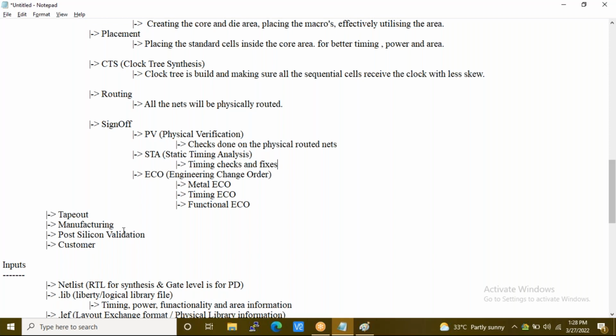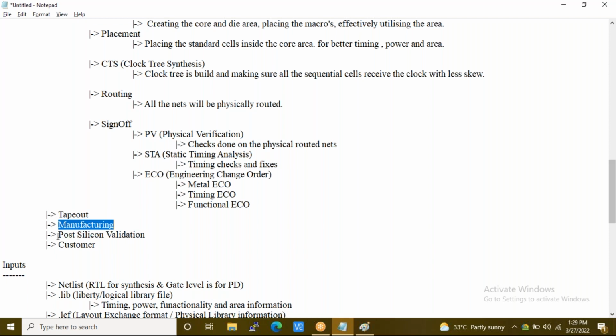Right. So next is tape out. That is, all my fixes have been done, it's been frozen, and you can proceed to manufacturing. So tape out is just a final check of everything before giving it to manufacturing. So tape out and then manufacturing. And after manufacturing also, there might be small issues. A cell can get damaged, or a shape can get disordered.